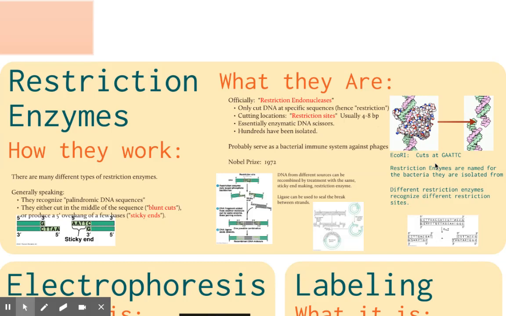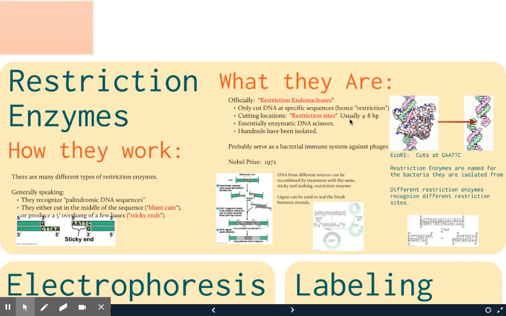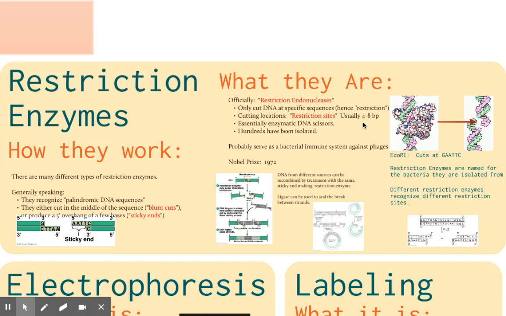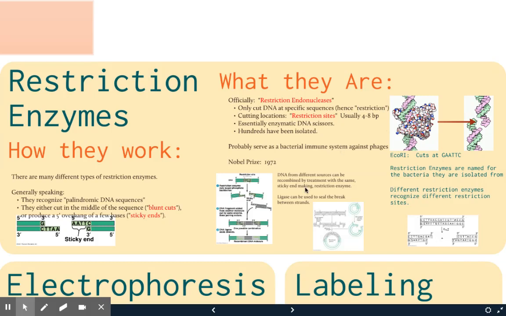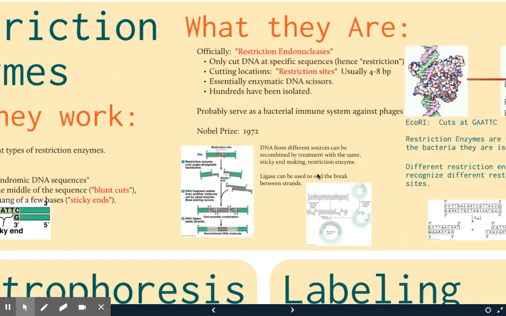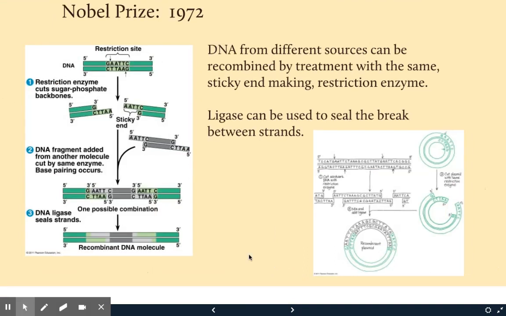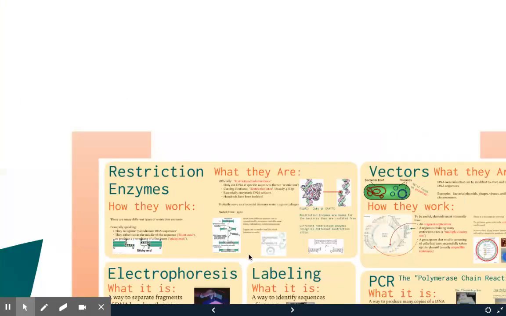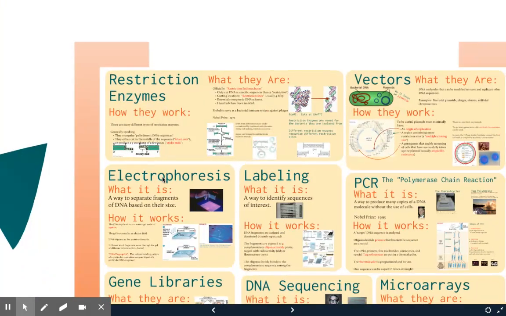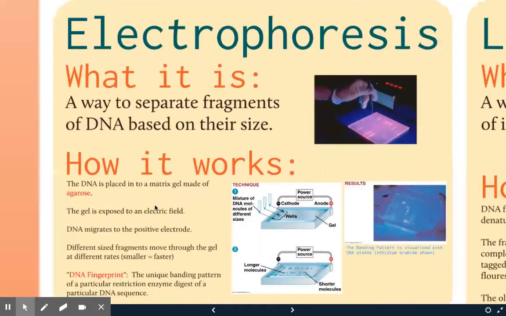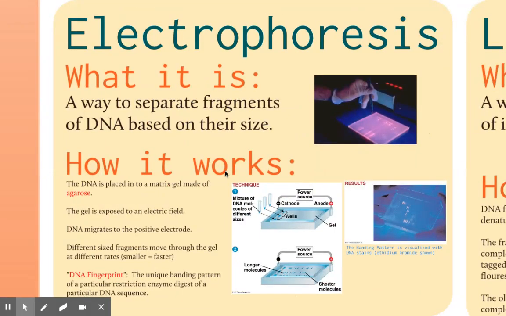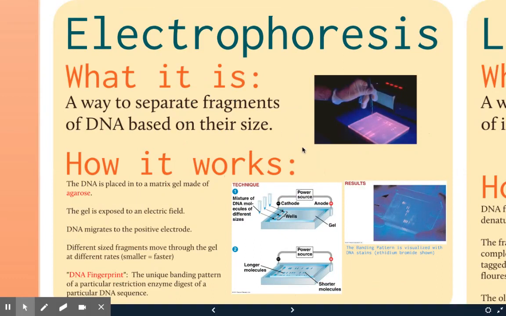So CRISPR is more exact in that it'll just cut out the gene you're looking for versus restriction enzymes, which just cut kind of everywhere they find these short sequences. So they're really, really similar. So what we can do once we've cut the DNA is we can do electrophoresis. So you can use restriction enzymes, you can cut up the DNA, and then you put that DNA into